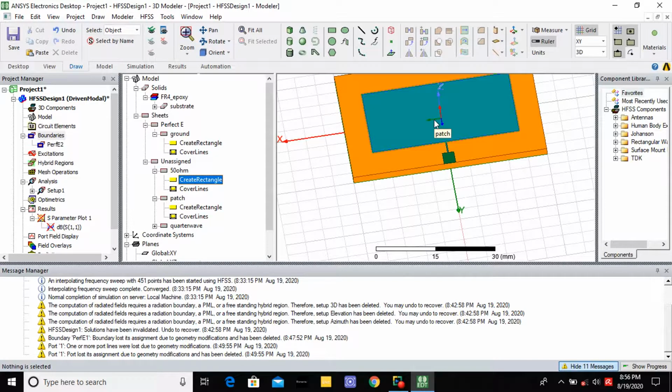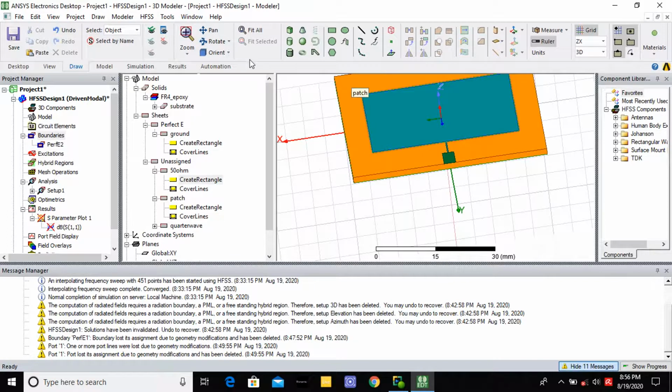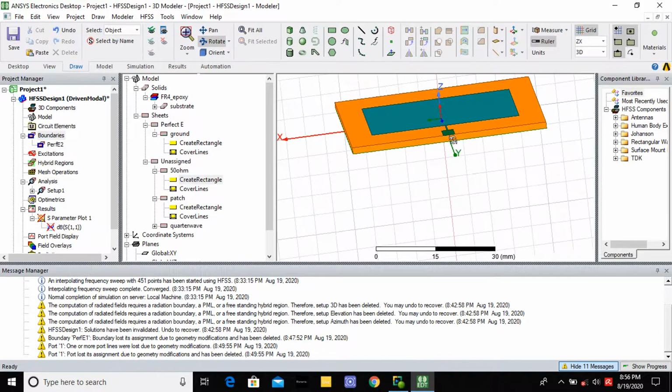Next, you have to give the current to this antenna. So you have to select the ZX axis here. Why? Because first you have to rotate. Here only you have to give the feed. Feed means you have to give the voltage to this antenna.